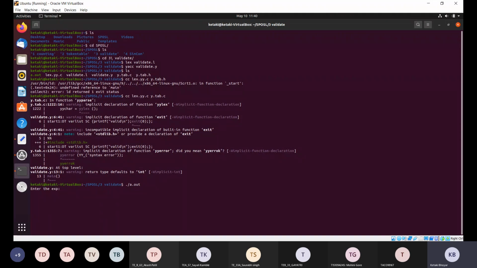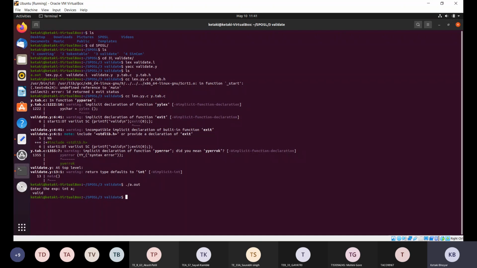Now it is asking us to enter the expression. I'll enter a simple expression, int a semicolon. See, the expression is valid. Similarly, you can try many more expressions.